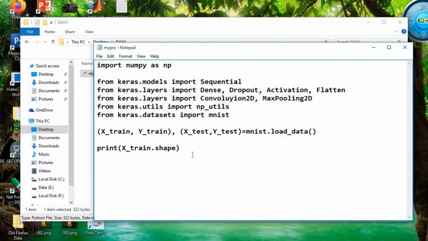So here we have used the statement xtrain shape to print the data shape. Next, we will use matplotlib to print one of the images in a figure window. For that we will use from matplotlib import pyplot as plt. So plt is the object used to call pyplot.